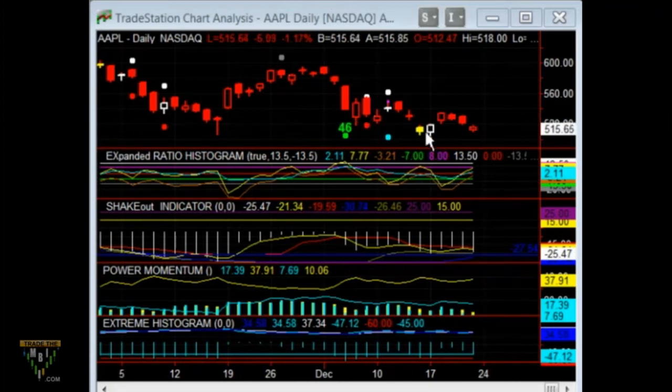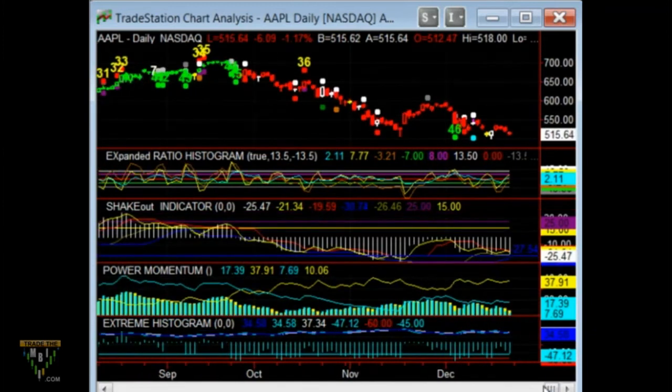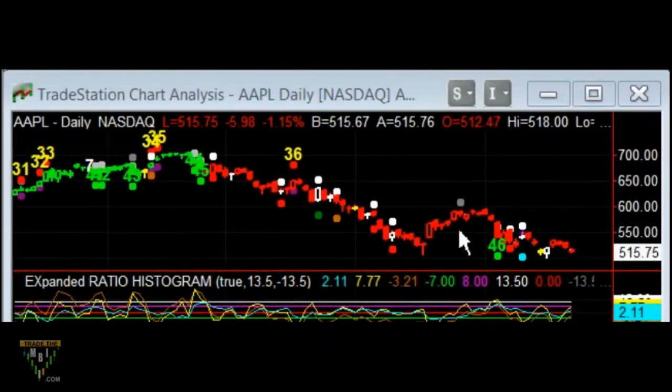But let's take a look at this Apple daily chart, and Apple's just been relatively ugly. And let me shrink this down a little bit so you can get a broader perspective of just how bad. And this is the whole point of creating my red trend versus green trend, so that you can get a clearer idea of what that trend model can do. And even if I shrink it further, and let's zoom in a little here, you can see how we're able to capture the upside movement, but then it turns red, and even within that